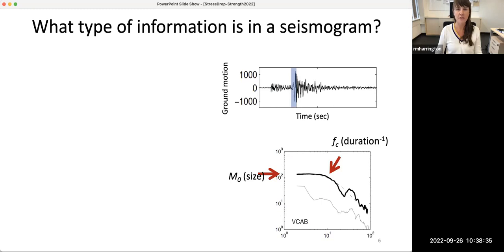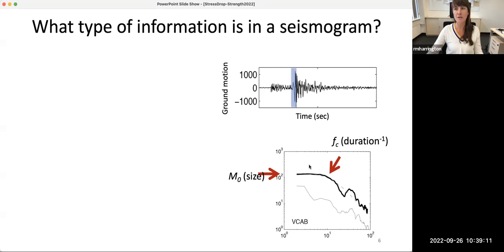So just to make clear what the assumptions are when you're using small earthquakes to try to make inferences about the stress drop, we take that phase information from the seismogram. Here I have a time series of a small earthquake where I have a time window shown, and already there can be inherent problems and many ambiguities in determining stress drop values, some of which I'm going to talk about today for these small earthquakes, even in the time window selection that we choose